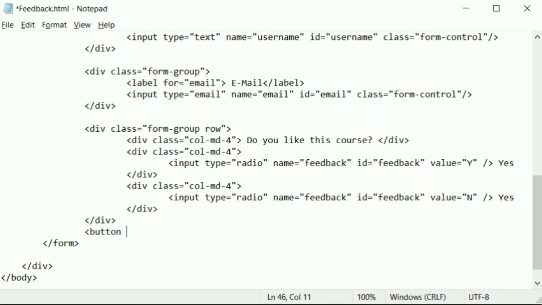Finally, I'm going to add one element. This is mainly to submit our form. So I'm declaring a button of type submit. So this kind of button will submit or send our form to the server. So I'm going to give the class as button. So this is a bootstrap class. All these built-in classes, it's mainly to give some styles to our form elements. Button hyphen primary. This is one of the class, and I'm going to give the name as submit feedback. This is to tell the user, okay, if you click this button, this will submit a form.